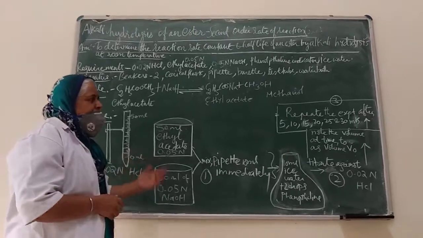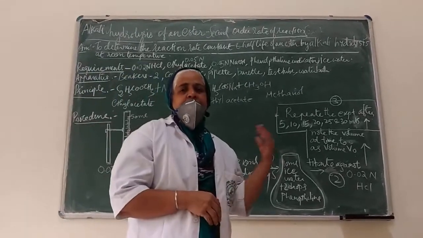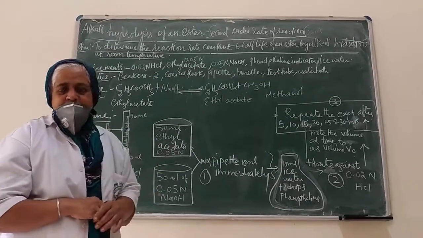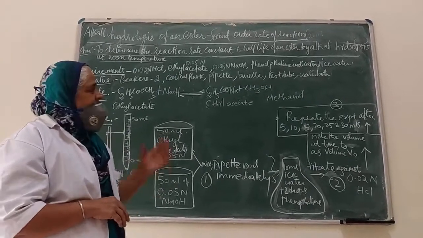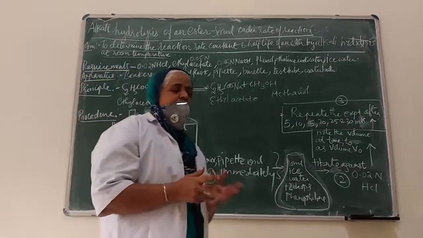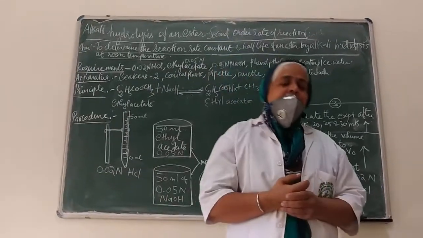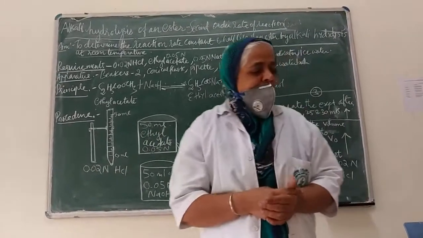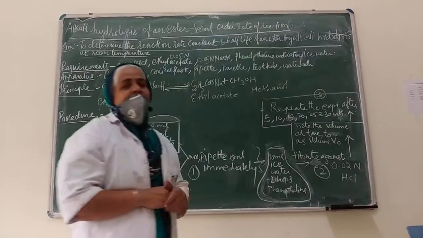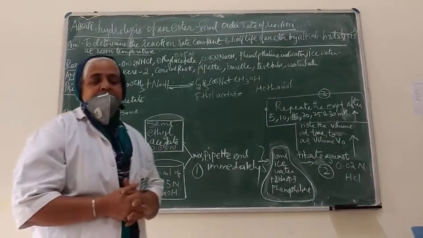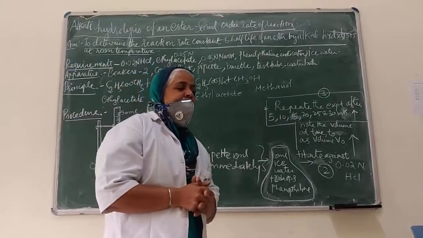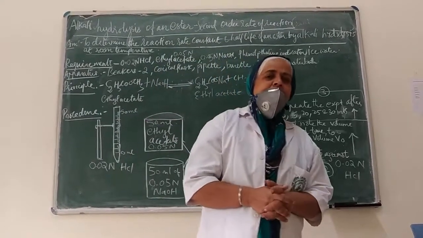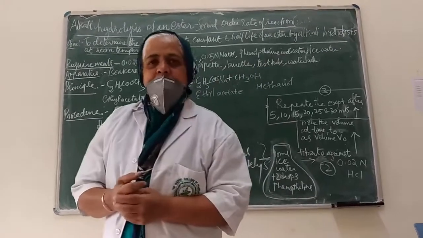Yeah? And when we plot a graph between the concentration with respect to time, we are going to get a positive slope in case of second order rate of reaction. And here the formulas are also going to be totally different. The formula for K is going to be equal to X divided by A into (A minus X) into T. Okay, so that's how the rate of reaction for the second order is going to be. Clear? And for T half, it is going to be 1 by A into K2. Okay, this is T half for the second order.